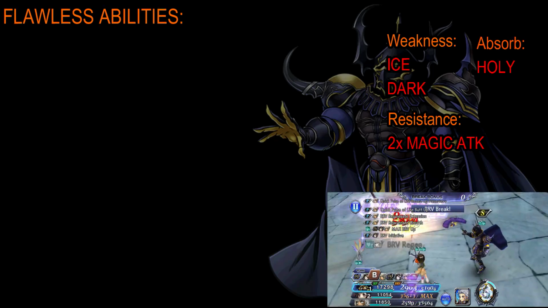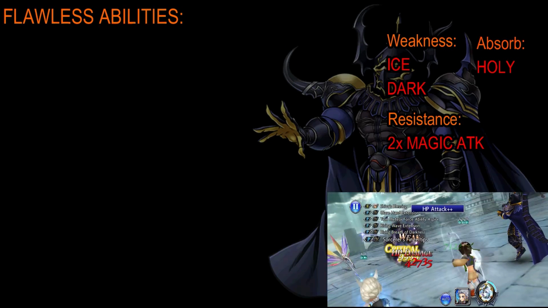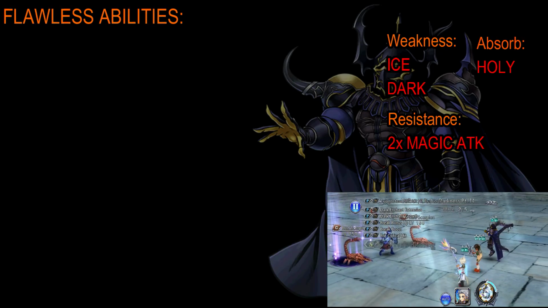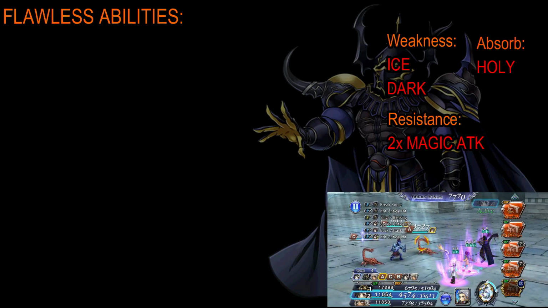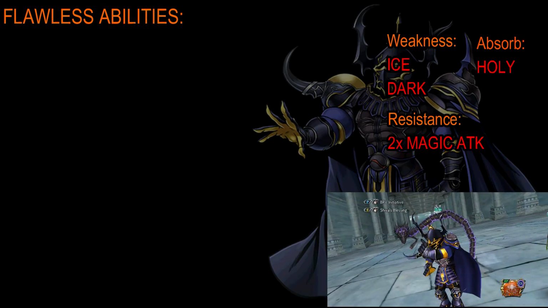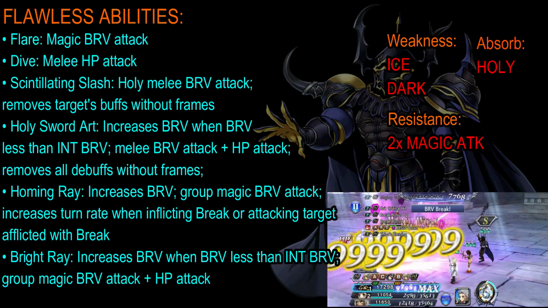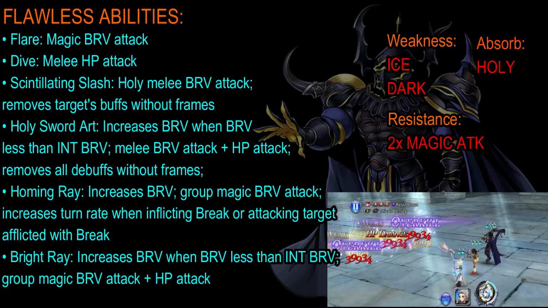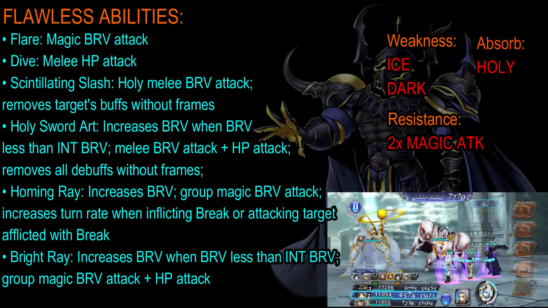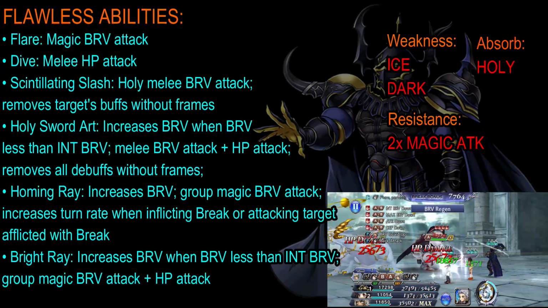And the boss for this fight is called the Flawless, and it is weak to ice and dark elements and has a ×2 resistance to magic attacks. It can also absorb the Holy Element. As for its abilities, it has Flare, which is a magic brave attack, Dive, which is a melee HP attack, Scintillating Slash, which is a holy melee brave attack which also removes the target's buffs without any frames,